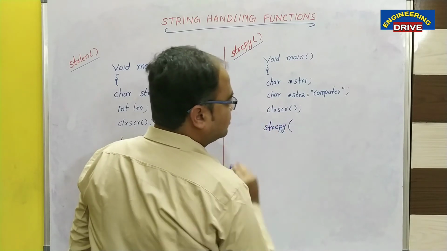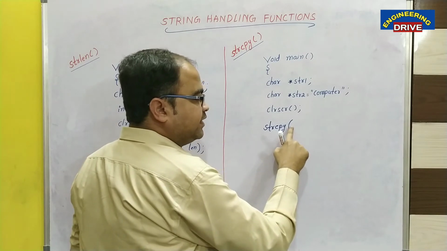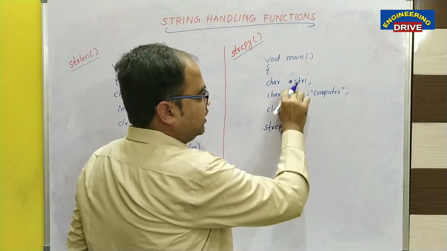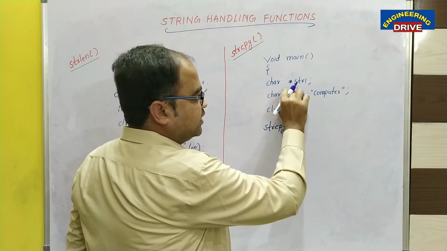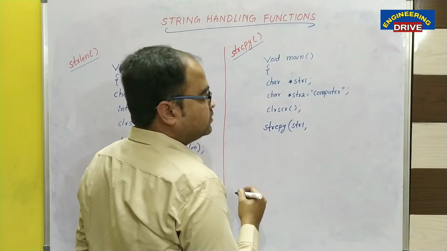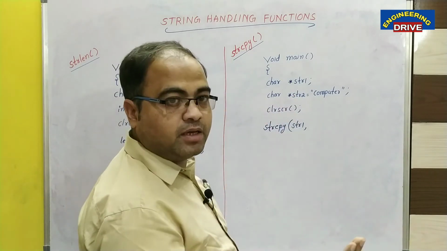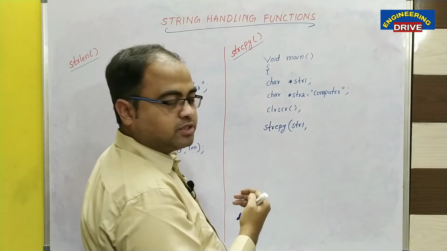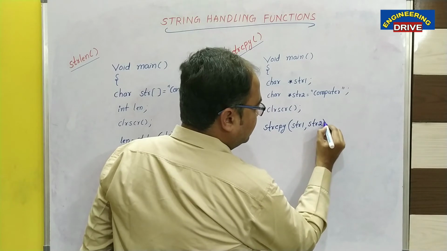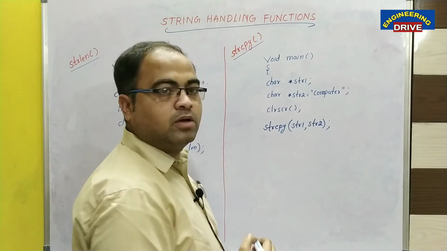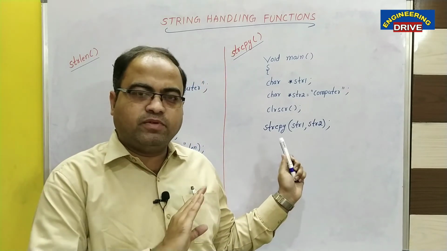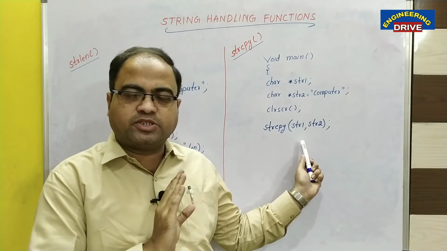strcpy function. Okay, first write the destination string, which means where you want to copy the content. So in my case, the destination string is str1. So I am writing str1 comma. Now from where you want to copy, write down that string at the right side of the function after the comma. So here I have written str2. Is it right? Now that's all. In this way we can make use of the string copy function.